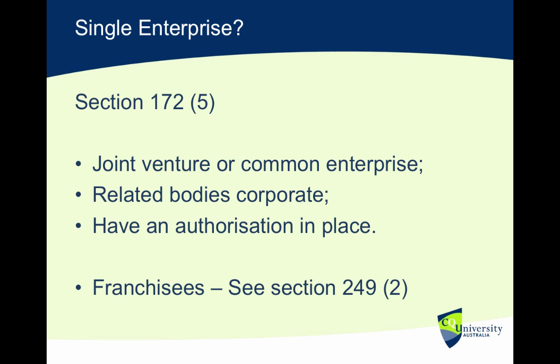See specifically, and there were a couple of case examples that were given, I'll come to in a second, but see specifically Section 249(2), which talks about franchisees, and you're probably aware how they work. They're individual businesses. They usually have their own little company. So you might have a whole series of takeaway food stores under a big chain banner. Each of them is run by an individual company, but they're part of a franchise and they're regulated by contract. They are going to have a pretty common interest, and it doesn't make a lot of sense that they have all different types of pay rates. So they're dealt with specifically under Section 249(2).